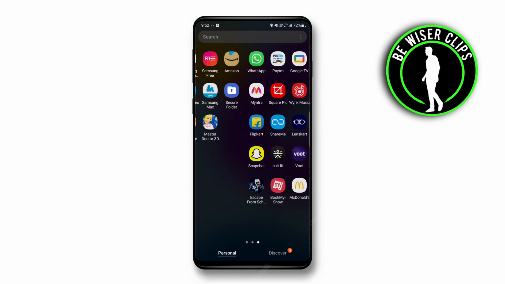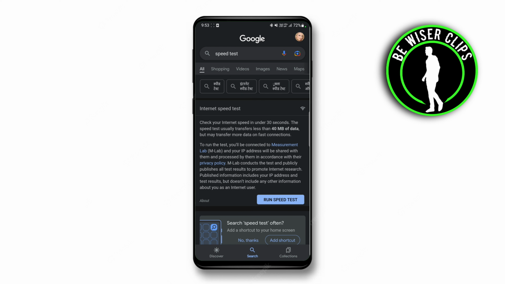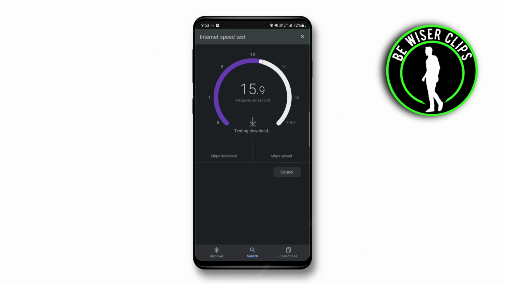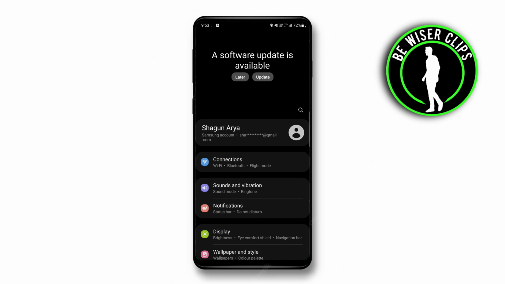The second thing you can do is a speed test. Just click on run speed test. Here you can see that your data should have 10 to 15 megabytes. If it is less than 10 to 15 megabytes per second, then you need to change your Wi-Fi or your cellular data. Another thing you can do is go to your settings, go to apps,